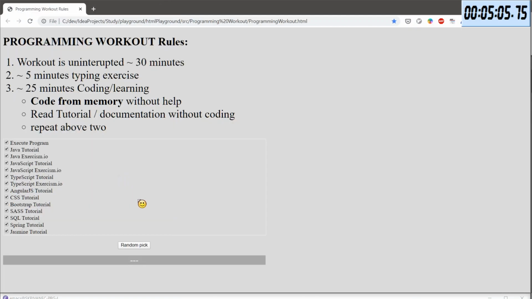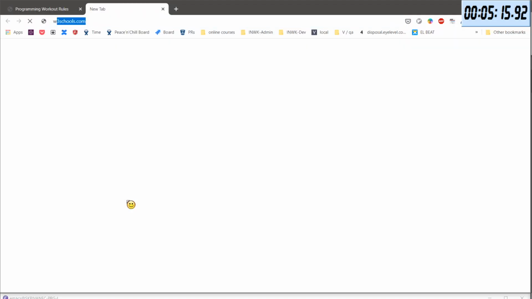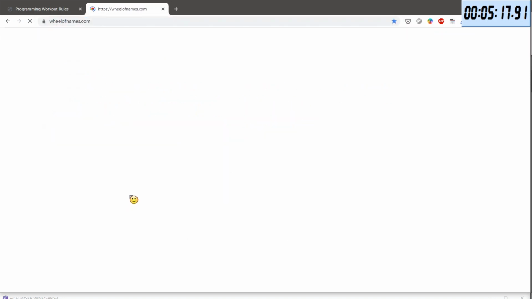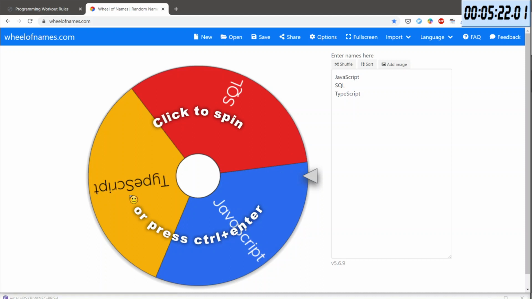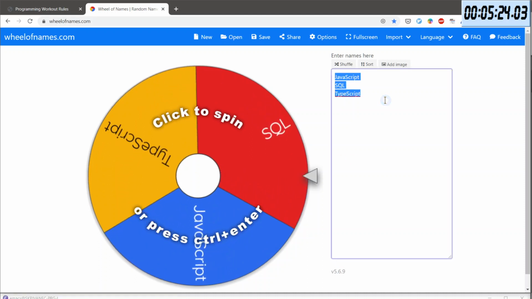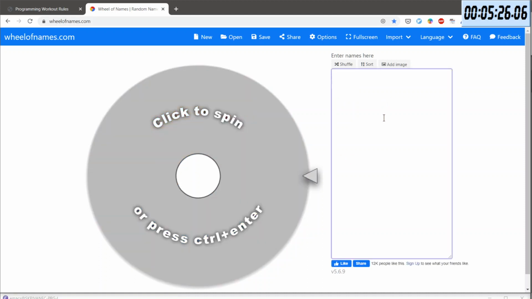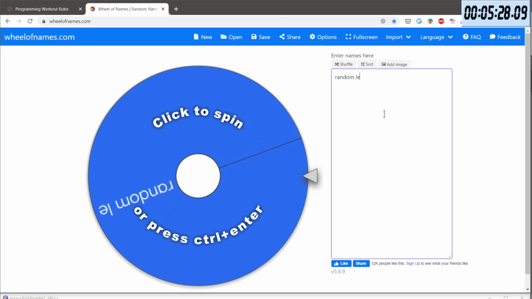And either I will, what's a wheel pick? Wheel of names. And there are a few ways I'm thinking about. So first I can random learn.